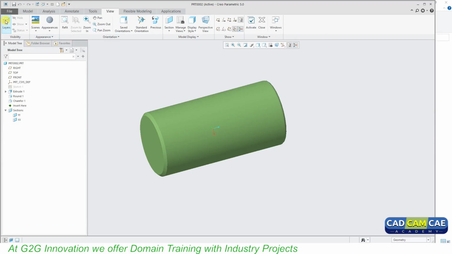Then one more thing: layers. This is another important section that I think I forgot to cover here. In layers, you can have the different datum planes. You will get the details about the datums, then axes, curves, points, coordinate systems, then